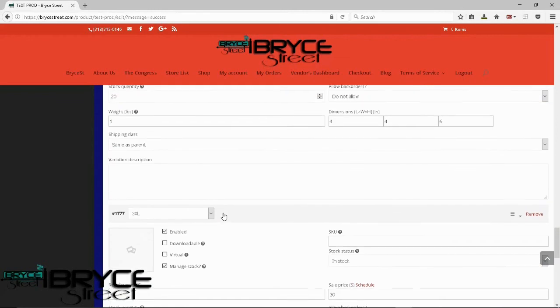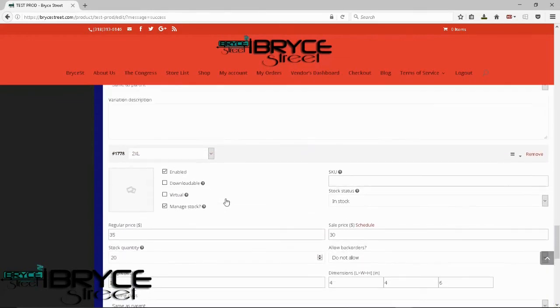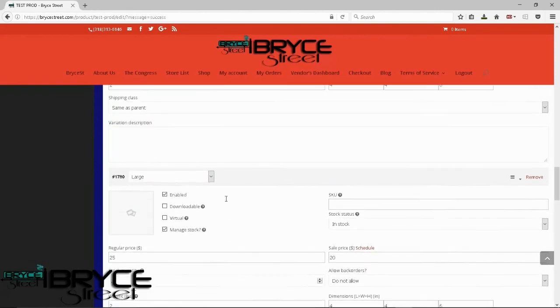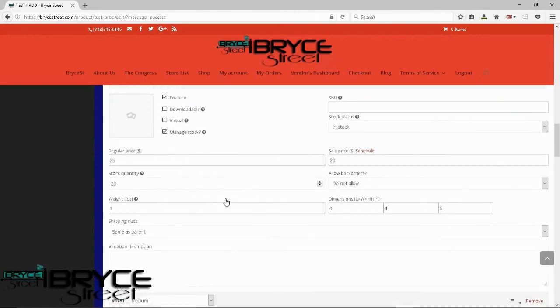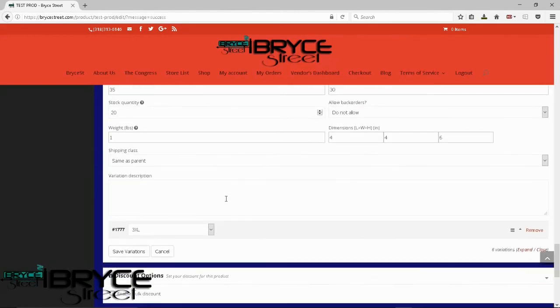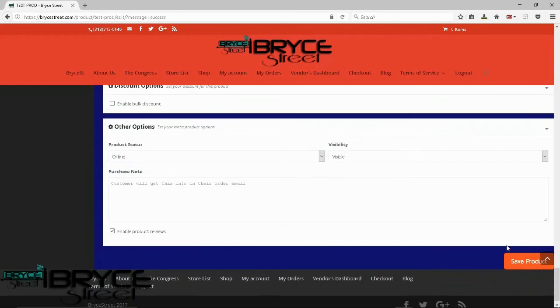We've got all the variations and sizes. Just making sure. You just go back through and look at each variation. Extra large, large, medium, small, okay? Make sure they all fill out. Once you got all your variations, same thing here, bulk discounts. If you're not going to have any bulk discounts, leave that unchecked. Product status, visibility, same thing as you did on the single product. And just once you're done, just come back, same thing, hit save product,